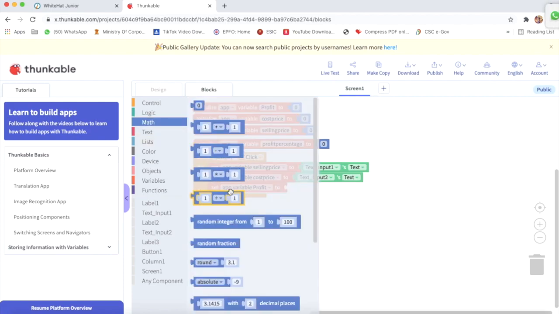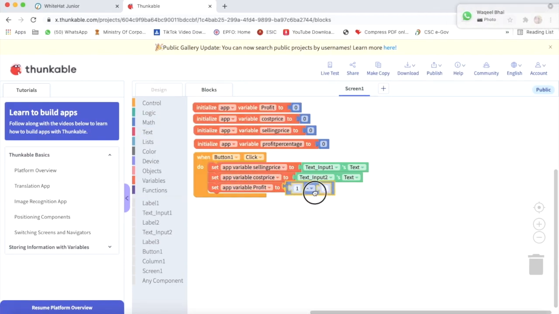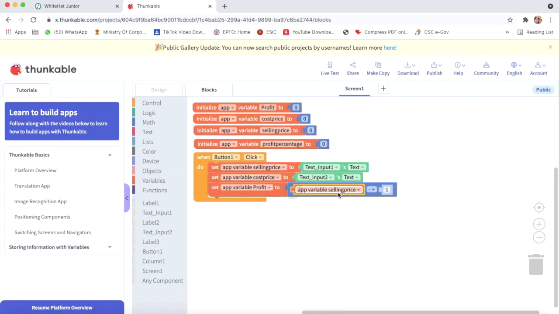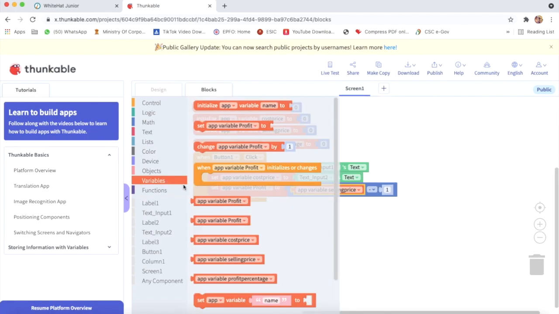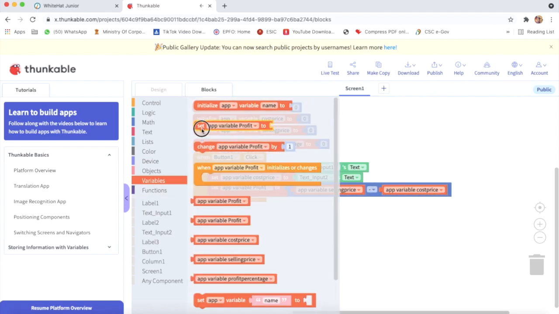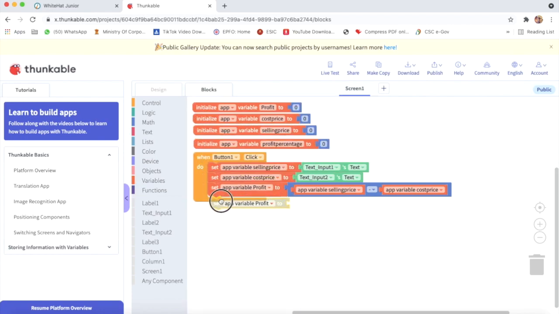And I will go on math and take the minus sign, and again I will go on variable and take app variable selling price, and then I will take app variable cost price. Then I will go on variable and take the second block and here I will change it to app variable profit percentage.